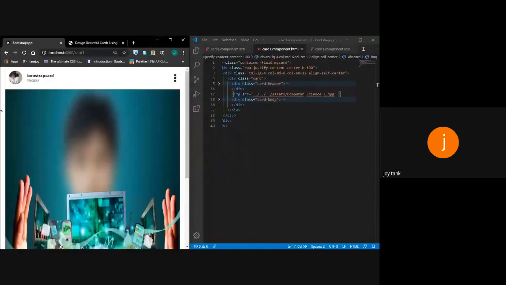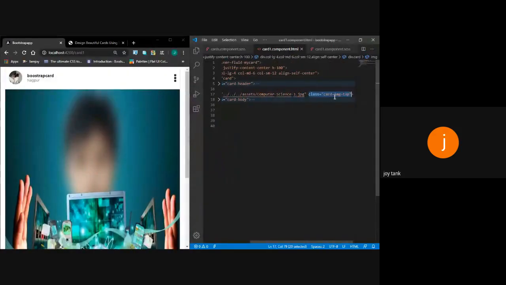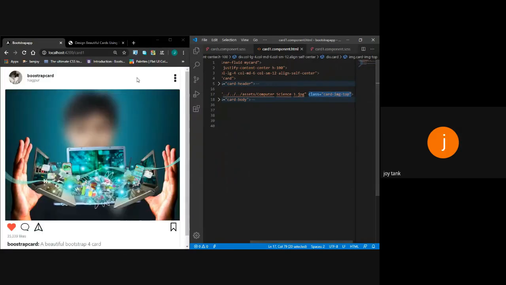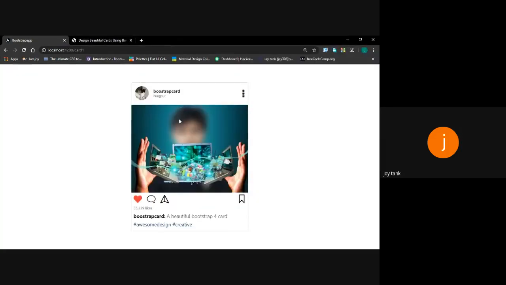So I will use the predefined property of a card, card image top. It gives the image a certain width and height relative to the card. It gives a responsive view.